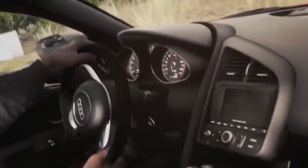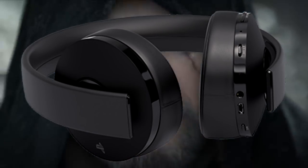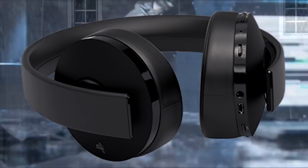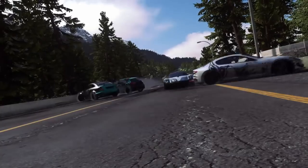First up are the Sony Golds. This headset will run you about $90 at most retailers, and they are awesome. I own a pair myself, and not only are they extremely comfortable, but the sound quality out of this headset is phenomenal. On top of that, there's actually an app that can be downloaded onto your PlayStation